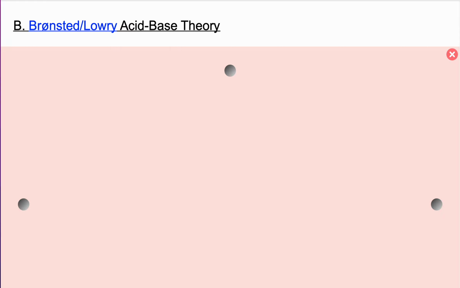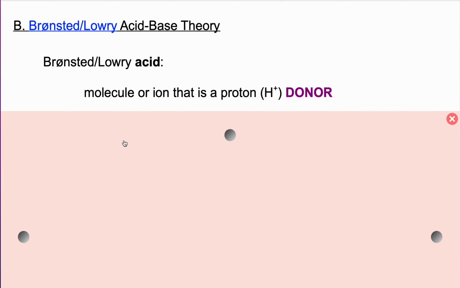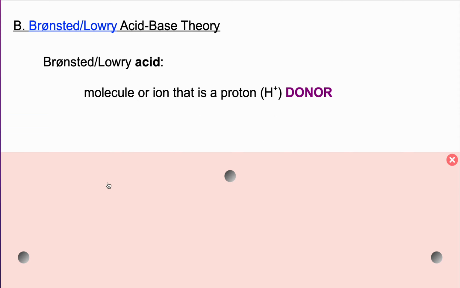Our second theory is called the Bronsted-Lowry acid-base theory. Bronsted and Lowry were two scientists who in the early 20th century came up with a more general definition of acids and bases. According to the Bronsted-Lowry theory, an acid is a molecule or ion that is a proton donor. What does it mean to say that it's a proton donor? It means it gives away H+ in a reaction,